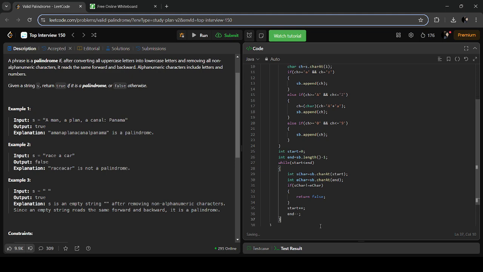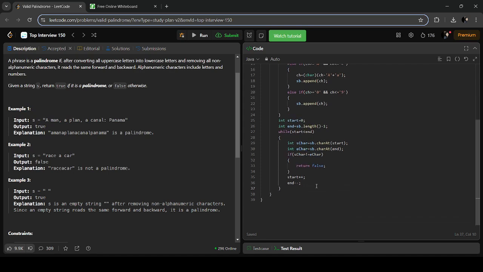Okay. And then after this we'll just return true, because in any case it will come here once, so it will return true. And if start is not equal to end, directly false. If equal, return true.